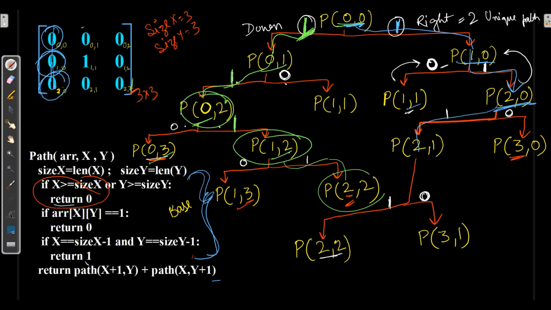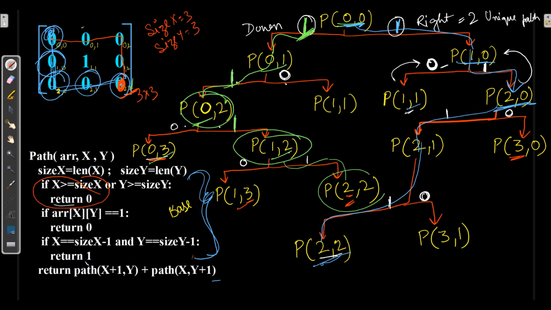Then to 2, 1 and then it will go directly to 2, 2. That means there is another unique path going from 0, 0 to 2, 2, and the other path is 0, 0 via 0, 1, 0, 2, 1, 2 and going to the destination 2, 2.